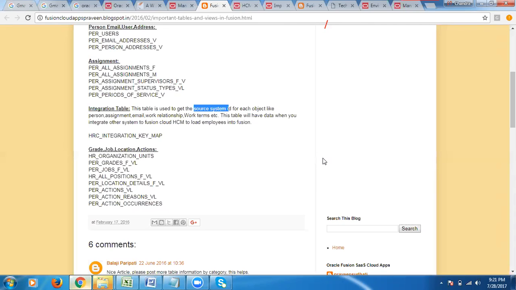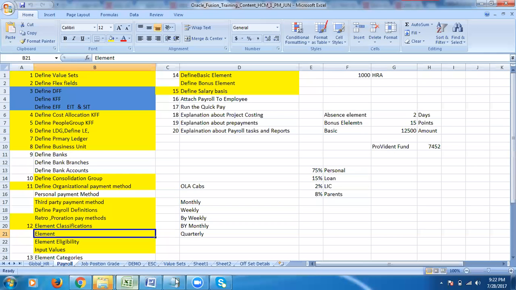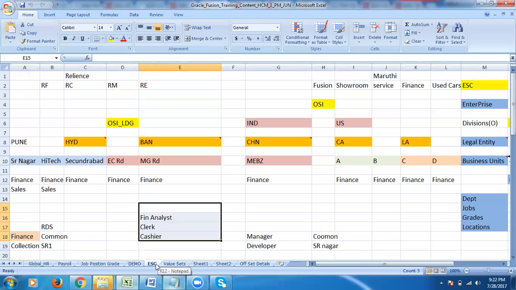Yes, fit and gap analysis is very simple, in the sense, what was your client's requirement, how we have configured. Like in the starting class, I told you, right? Enterprise structure, it comes to the global HR module. In the payroll module, what will be the configuration? We'll configure elements. This all we are going to discuss. That is the gap analysis. Gap is nothing but a requirement setup. What we are going to talk about, that will be discussed.